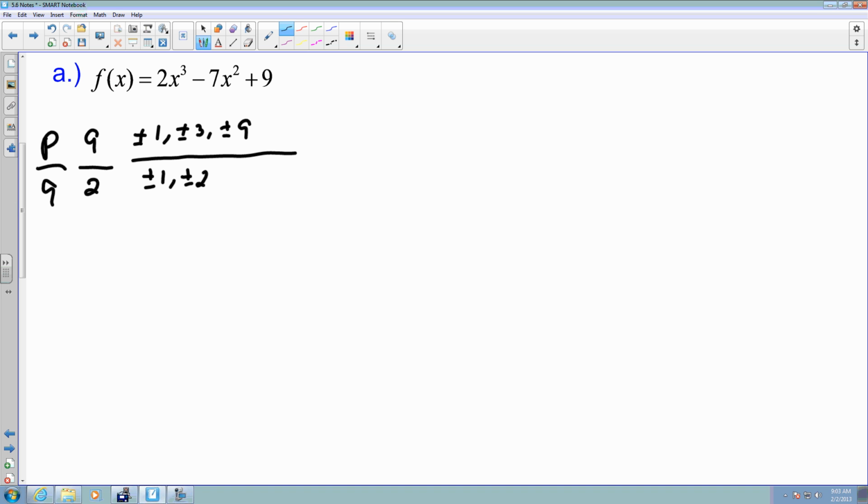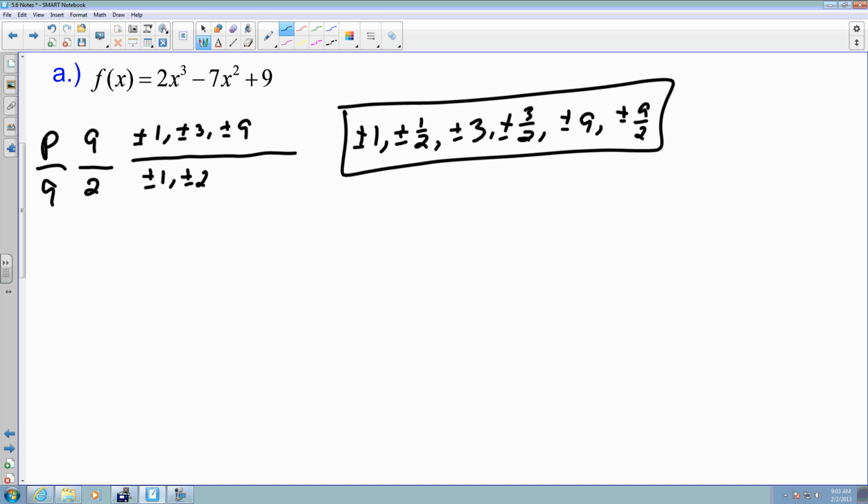So starting with the 1, I got plus or minus 1, plus or minus 1/2. Then plus or minus 3, plus or minus 3/2, plus or minus 9, and plus or minus 9/2. Okay, so those are the possible zeros that I could have for my real